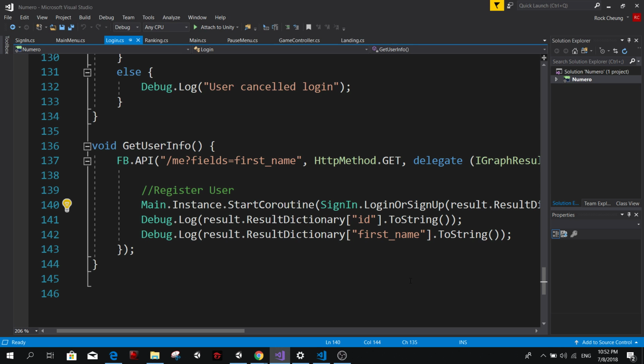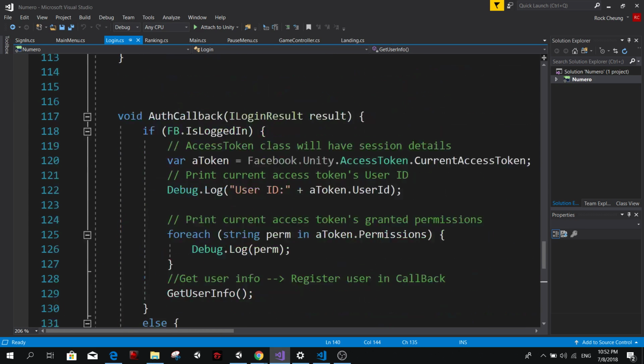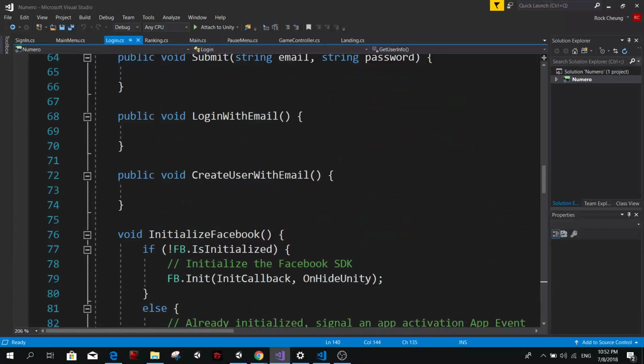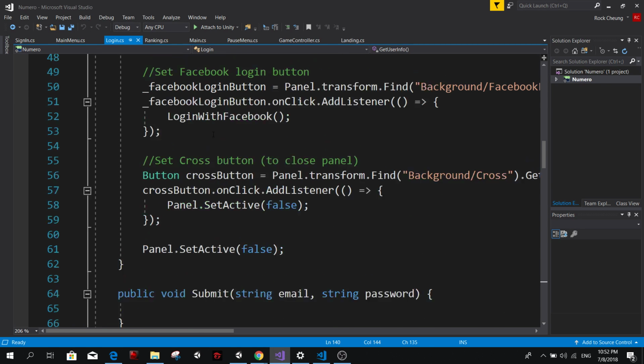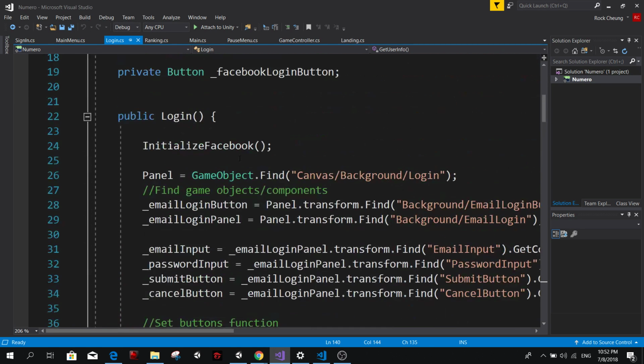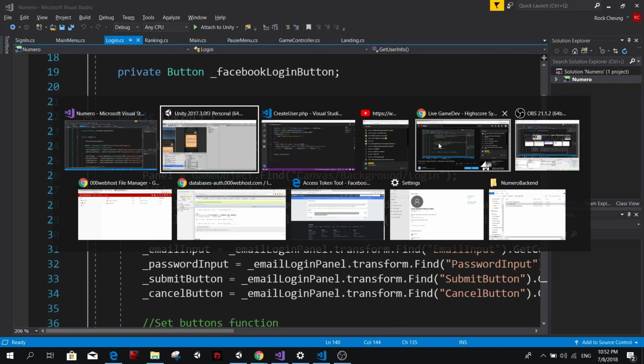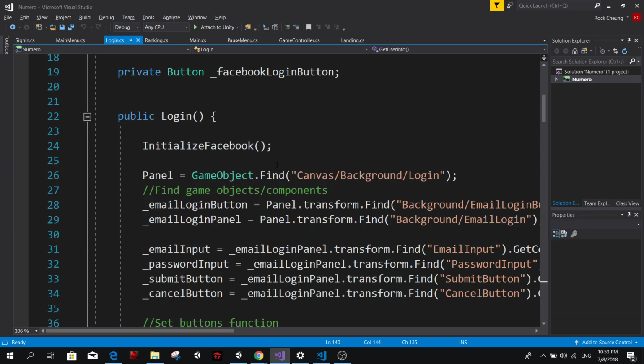I already registered myself with my Facebook into the database, so we're going to be using my Facebook to upload my high score. I don't want to show you my Facebook ID, so I'm not going to be showing you my database yet. But I was using the database from